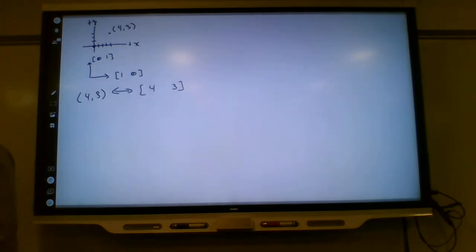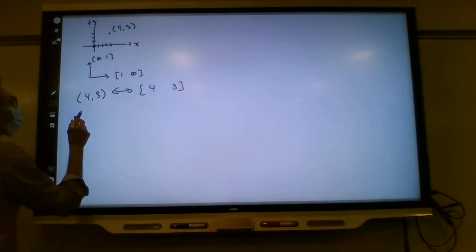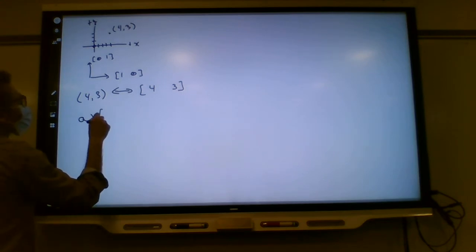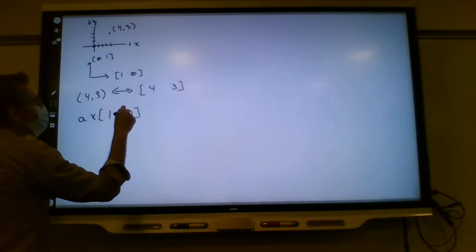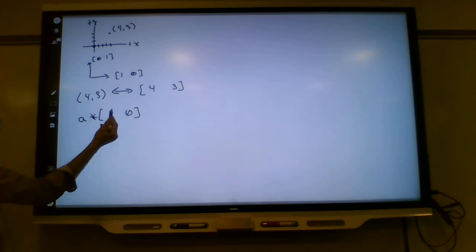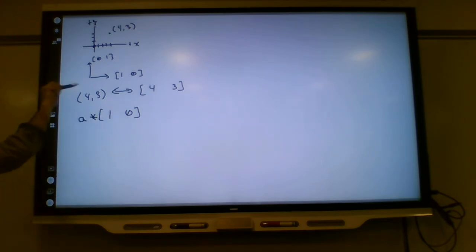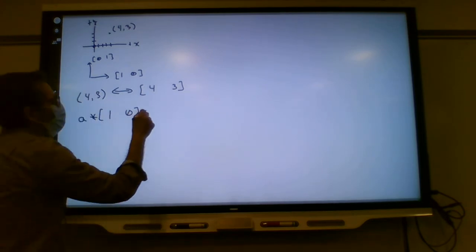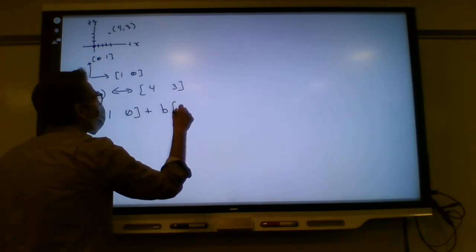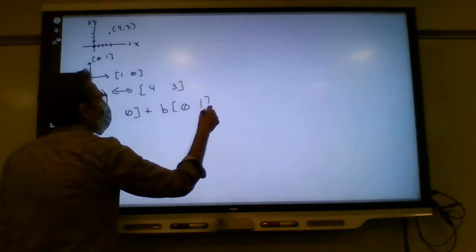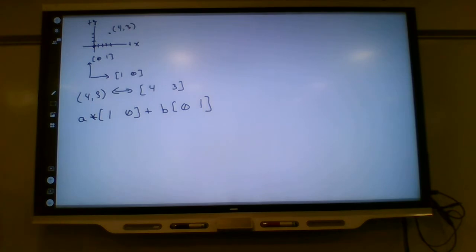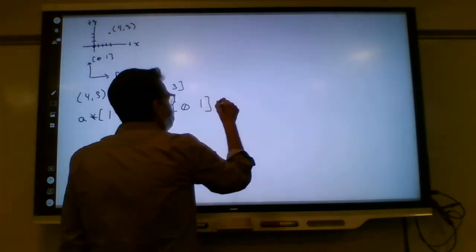So that's our typical way that we've been going back and forth between the point and the vector. And as far as coordinates go, we say how many times did we need to apply the 1, 0 vector, a movement by 1 in that direction, and how many times did we need to apply motion upward in order to get